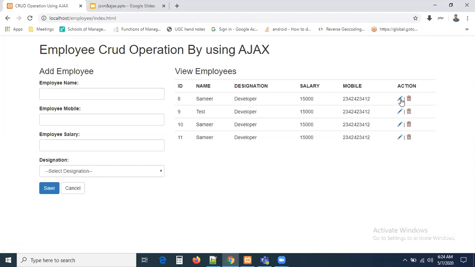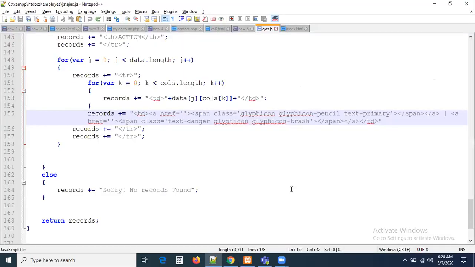We cannot do it that way, because we know Ajax is nothing but getting the data without reloading the page. See, my main intention is, once the user clicks this edit button, whatever record you are clicking for edit, that information I have to fill into the form. So you are going to change that information and hit the update button. And moreover, I have to change the label of this H3 tag and the label of the button as well. Let us see, guys, how we can achieve this programmatically.